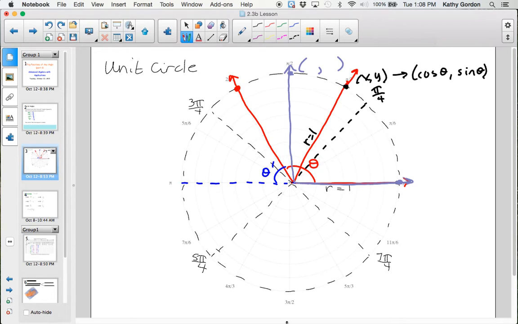Any guesses? 0, 1. Why do you think it's 0, 1? Because if you think of the lines as the x and y axis, that one starts at the origin for the x-axis, and since r equals 1, which is the length, and all the radii in a circle are the same length, that one would also be 1. Exactly. Yep, good. So it's 0, 1 because we're right on the y-axis, so we didn't go anywhere left or right